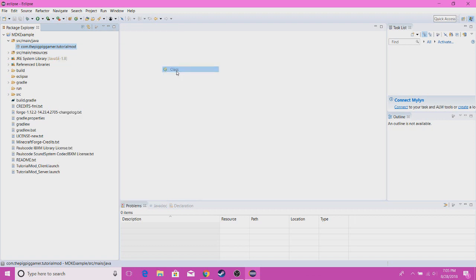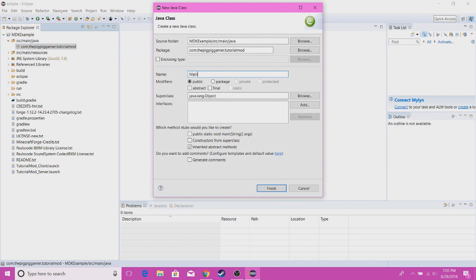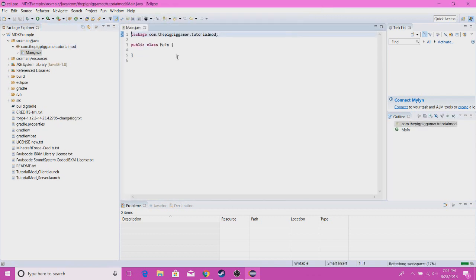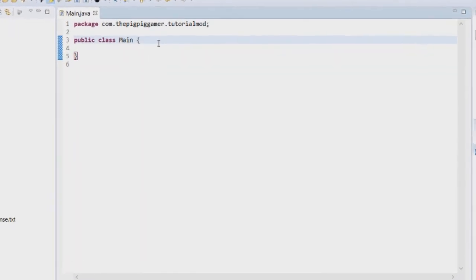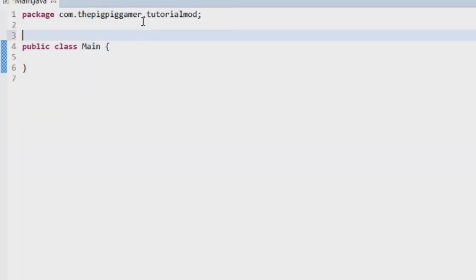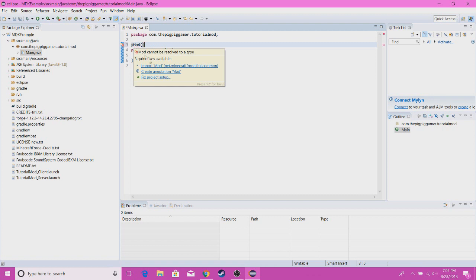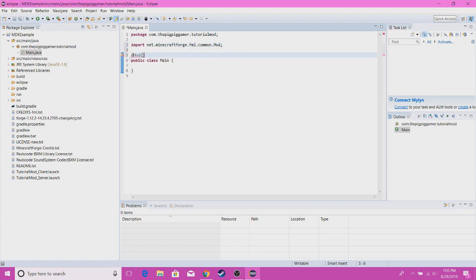New class, and this class is just going to be called main. Click finish on that, and here is our main class. In our main class, we're going to put something right here. We're going to put @mod, and then leave it as that for now. Import mod from net minecraft forge mod. It's still going to give us an error because we haven't made our little